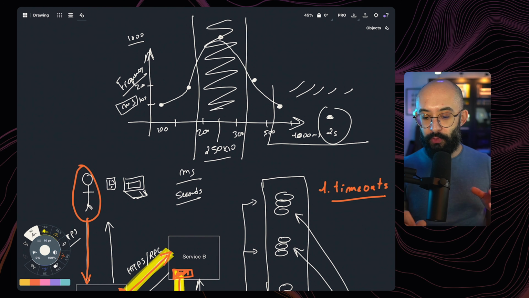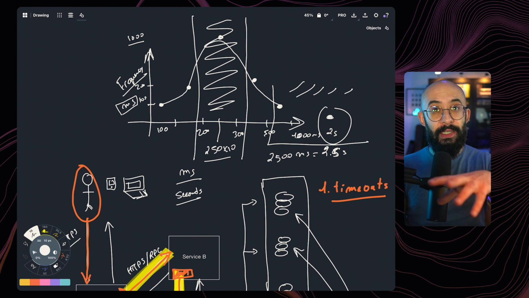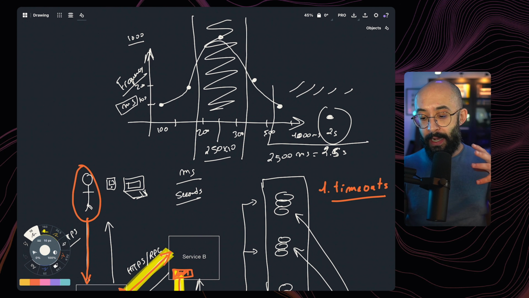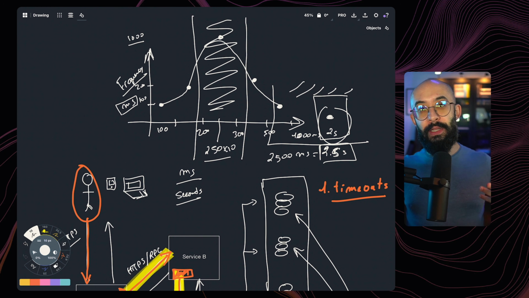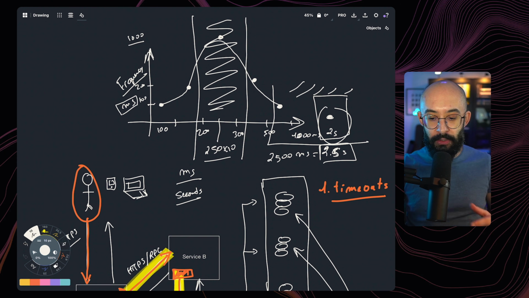Why do I care about the 2 seconds over here? Because if I take the 250 milliseconds and multiply that by 10, I'm going to have a value of 2,500 milliseconds, which is equal to 2.5 seconds, right? And that means that if I use this as my timeout, that is good because I'm going to give myself an extra buffer of 500 milliseconds on top of the highest value I've seen for this whole request. So I can add a little buffer and make sure that my system is able to cope with some extra latency if it happens, but also not too much to make the timeout configuration useless.